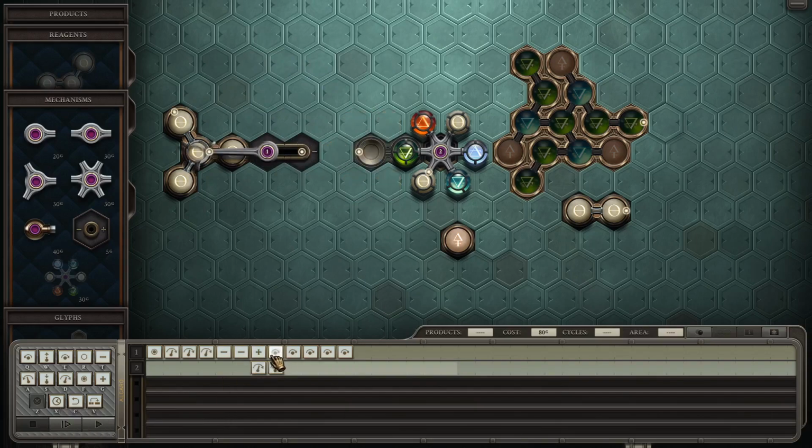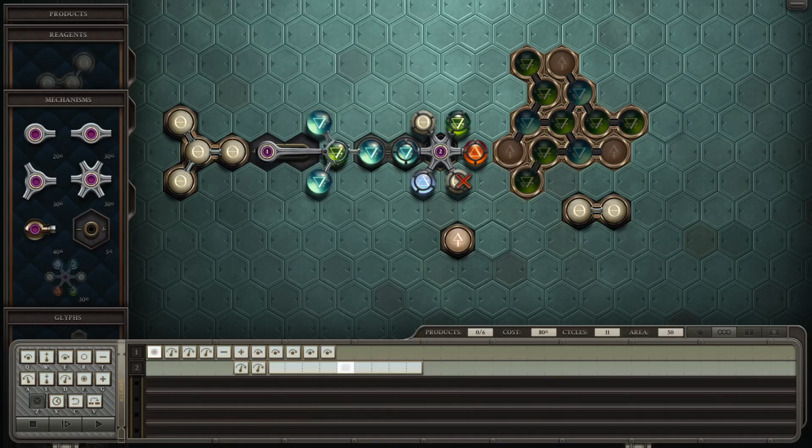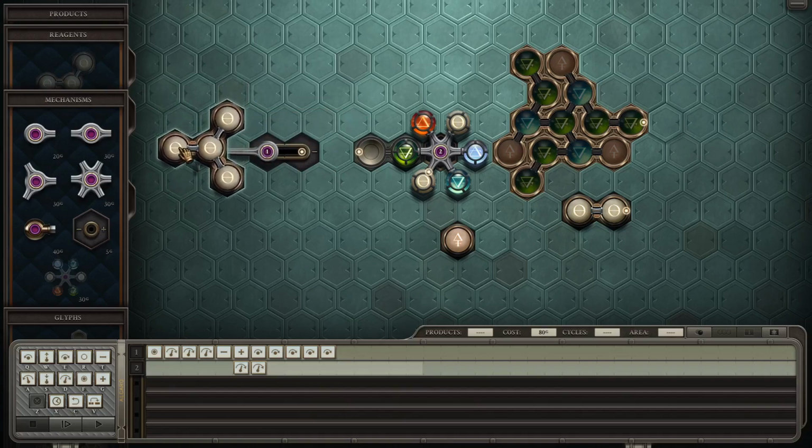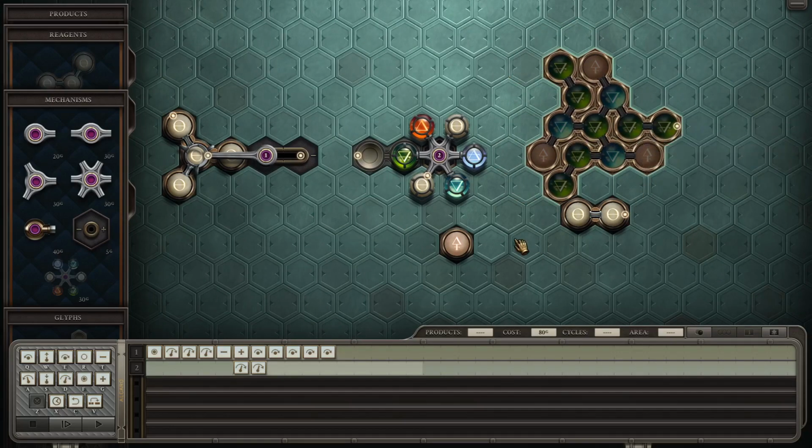Why did... Had an extra minus that I didn't need. Perfect. Perfect. Perfect. Okay, so that's the core. Alright, so long arm. Yeah, that's fine. Long arm. I think I can actually save a cycle on this if I were to do it this way, maybe. Maybe. I'm not sure, though. It's already working this way. It's fine. Alright, so if that's the core...